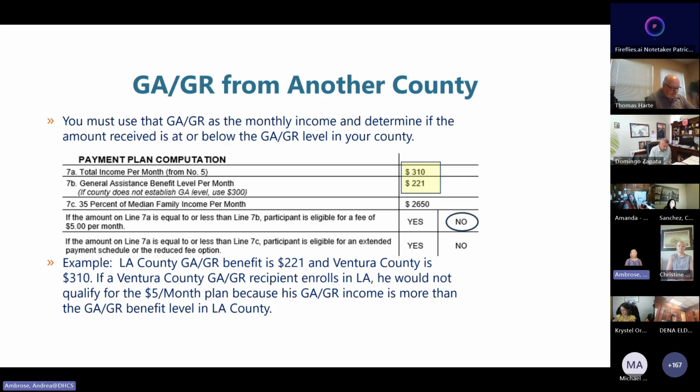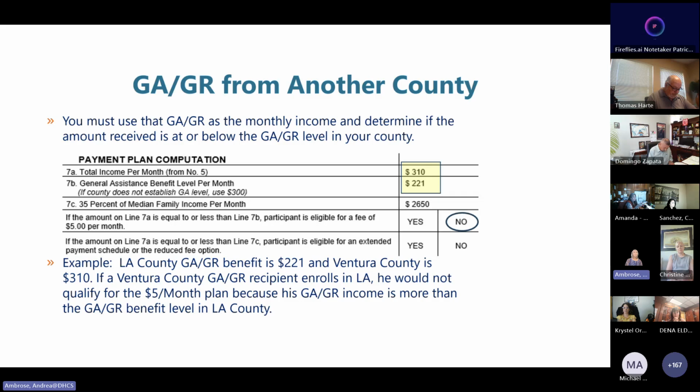So again, we're just going to use the income that's reported on the GA benefit, put that on our worksheet, and compare that income to our GA benefit level. In this example, let's say we're a program in LA. Our GA benefit level in Los Angeles is $221.